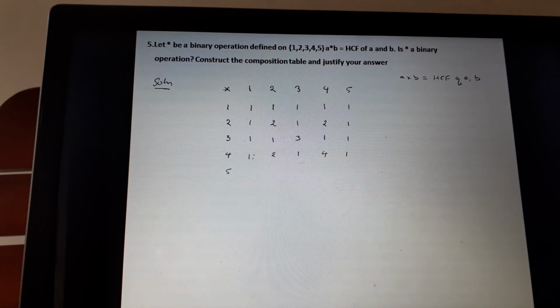And 5 and 1 is 1. 5 and 2 also 1. 5 and 3 also 1. This is also 1. This is 5, highest common factor between 5 and 5. So now it is very well clear. Construct the composition table and justify your answer. Is it binary? You yourself can decide. All the elements here, resulting elements, they are here only: 1 2 3 4 5. So from table